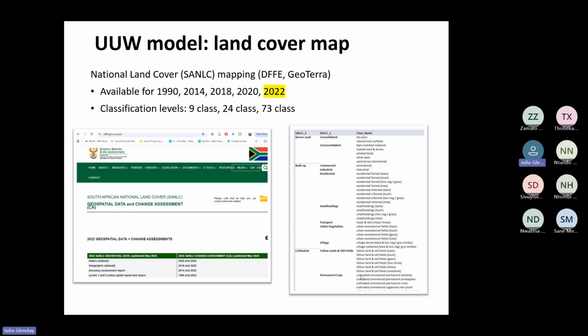So for example, the NLC 24 class has a class that's permanent crops, but that permanent crops like orchards and sugarcane are lumped together, or it lumps other things that we would like to separate, particularly for the crops and some of the urban built-up cover as well. It lumps all of these into residential, formal and informal, which we might want to keep separate for other reasons when modeling here. So it's not straightforward to use any of the existing classifications, but I still chose to